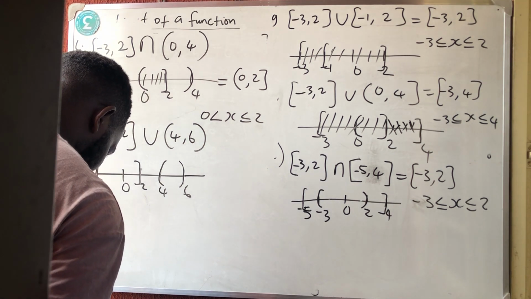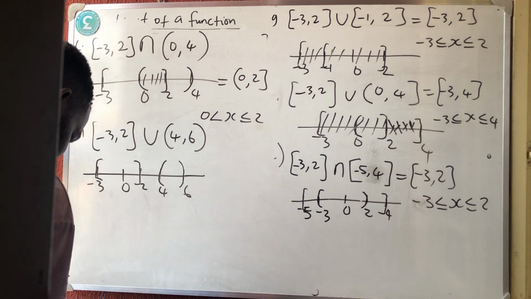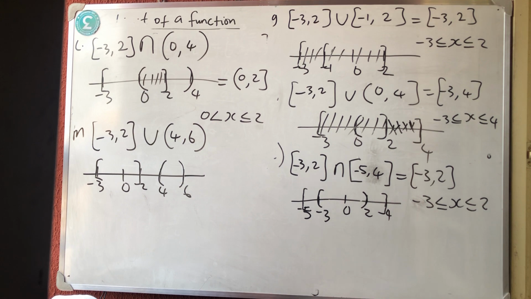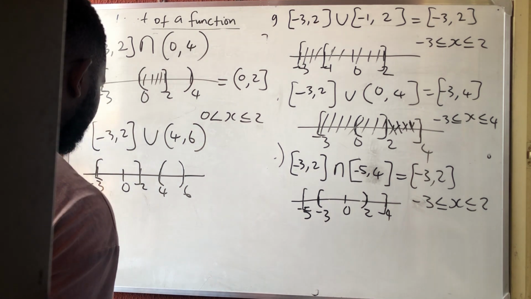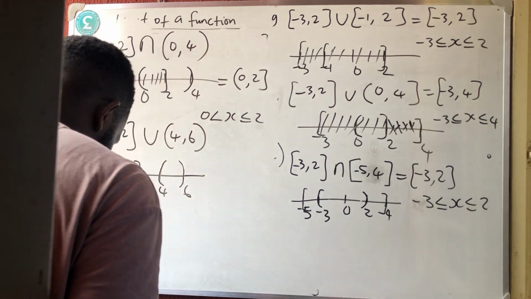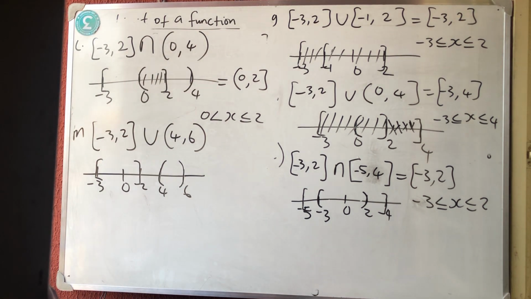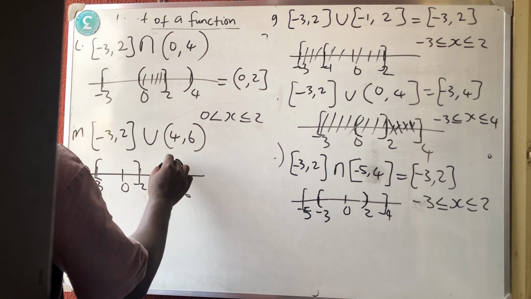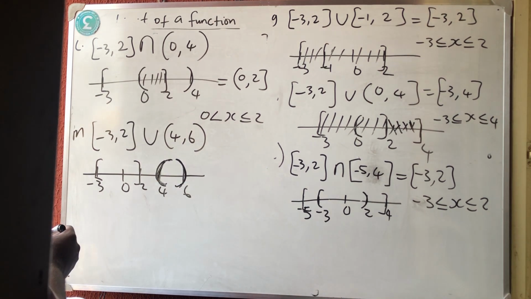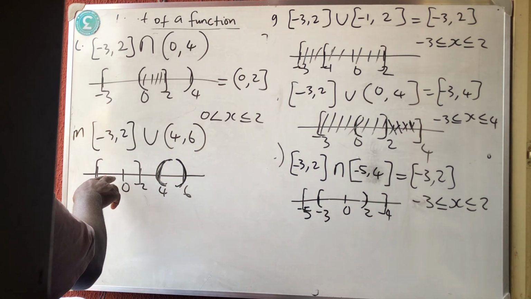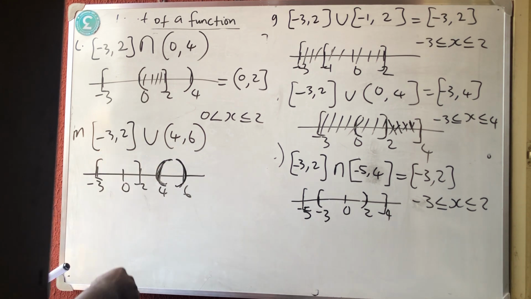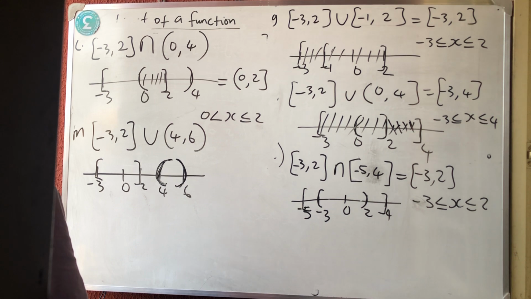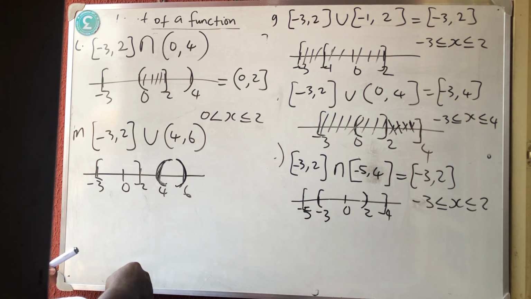And the answer is x is an element of this, or x is an element of this. So we cannot unite them together in a way. They are disjoint. Okay? Don't forget how to put open interval. In fact, see that their intersection is empty, they don't have anything in common. So their intersection is an empty set. So that is that for